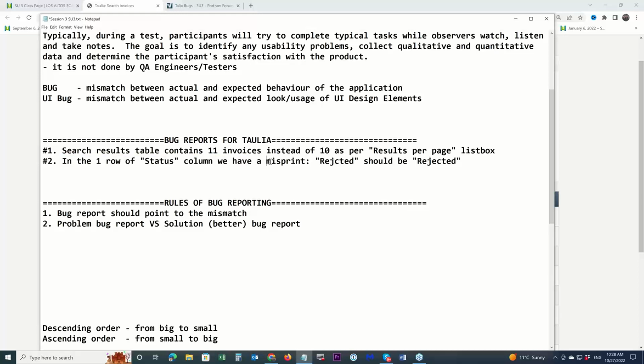Oh, God. Misprint is something we will replace. But look what it does. We have to specify the location where exactly things happen. And that is something which gives us rule number 3. We call it rule of 3 W's. So a bug report is good enough if it provides answers to 3 W's. So what happened?